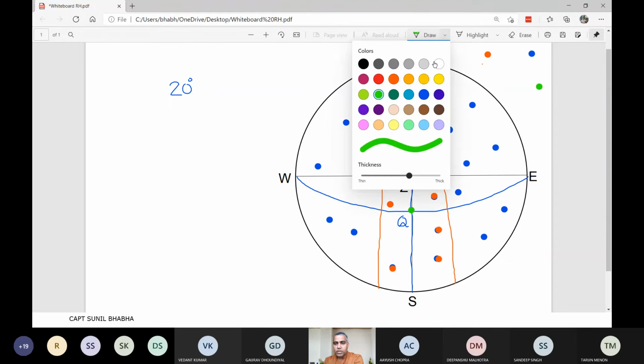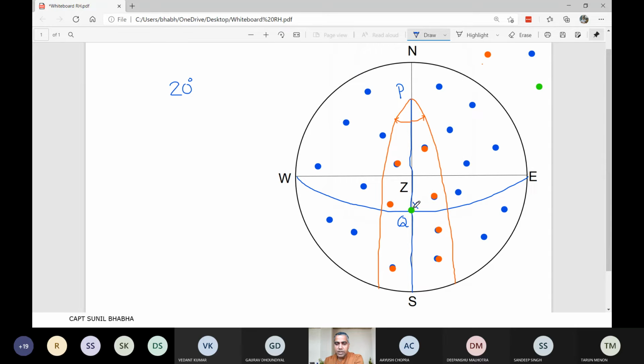Okay, let's call this star X. So let me just write X here. This green color star is star X. So this is the imaginary star which is on our meridian right now. The star which is on our meridian,